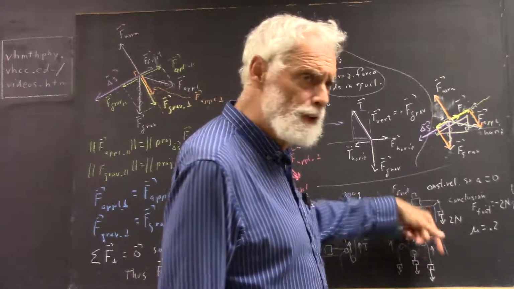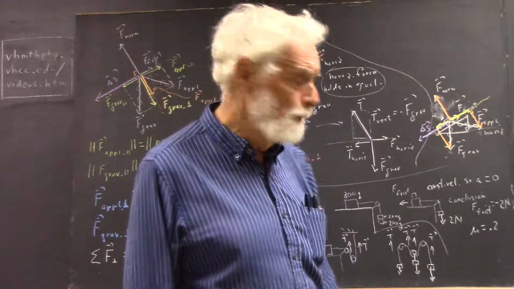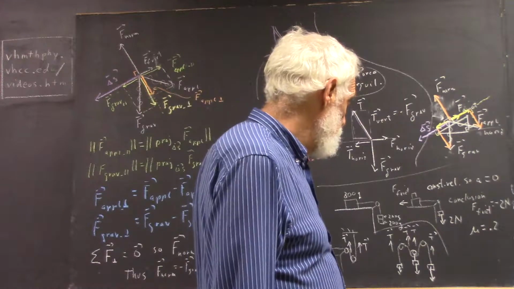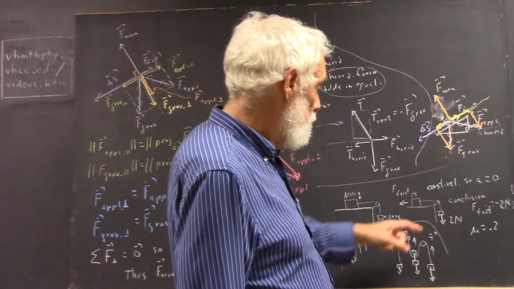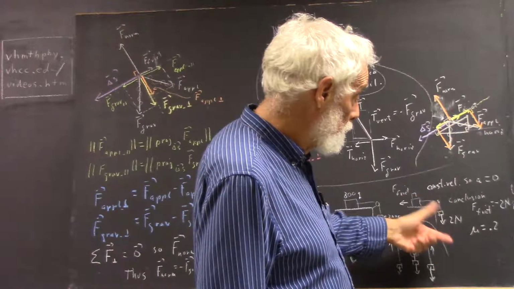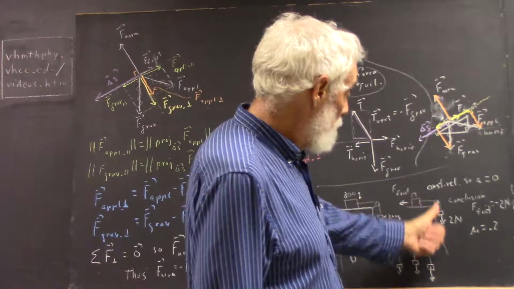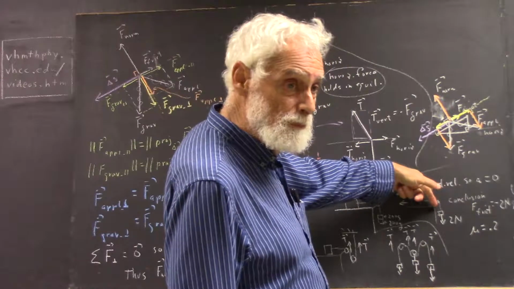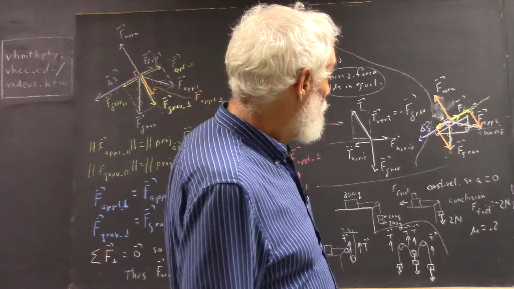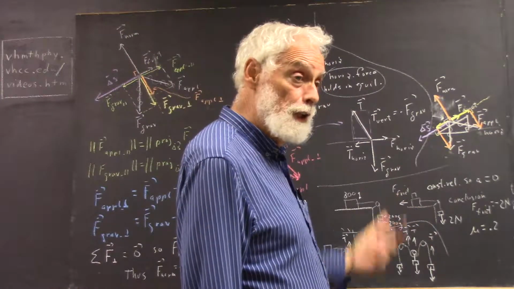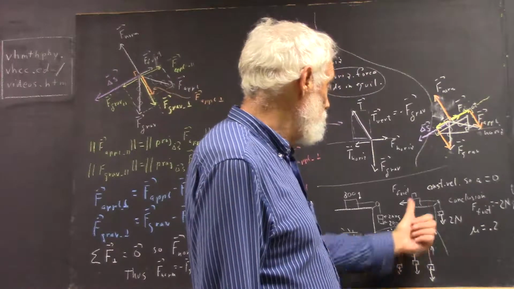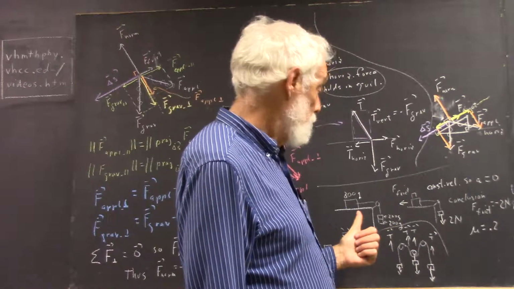Well, if it's moving at constant velocity, its acceleration is zero. If the acceleration is zero, then we know that the acceleration of this block is zero. So the downward 2-Newton force on a 200-gram mass is balanced by the tension, which is an internal force to this three-mass system. So the tension has to be 2 newtons, which means you better have 2 Newton force in this direction on